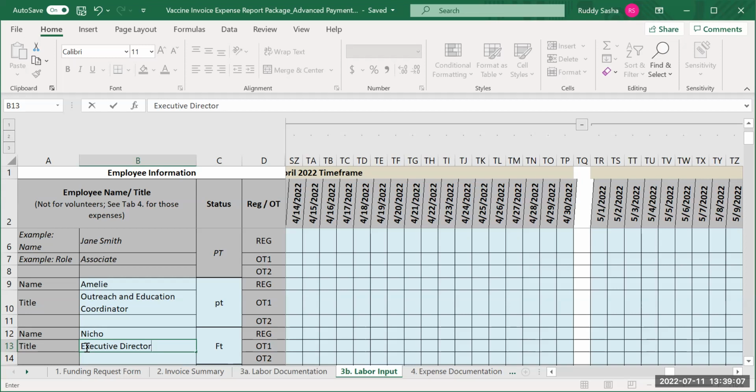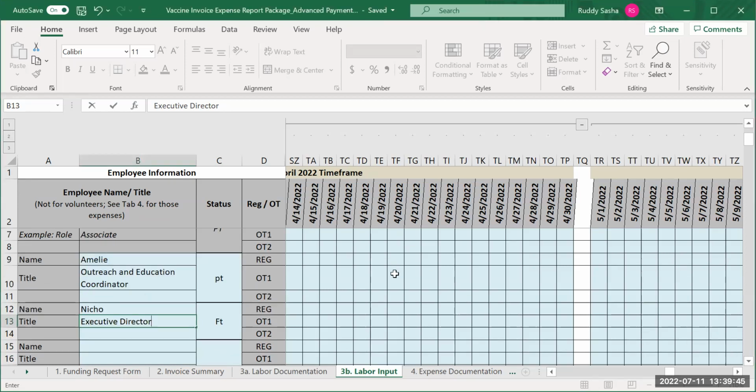There is a cell for each new date from the contract start date of 12/1/2020 up until the new contract ends of 12/31/2022. For this demonstration today, we are going to enter information for the May and April vaccine events, which are on our screen currently. So as a part-time employee, Amelie has worked